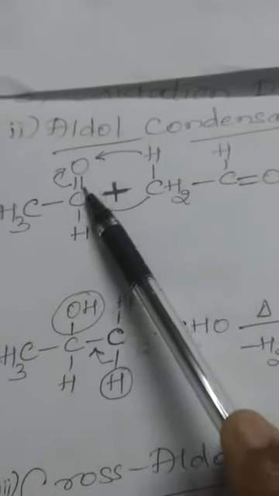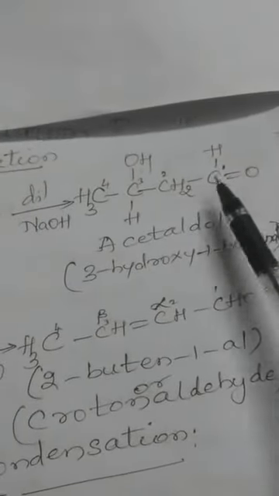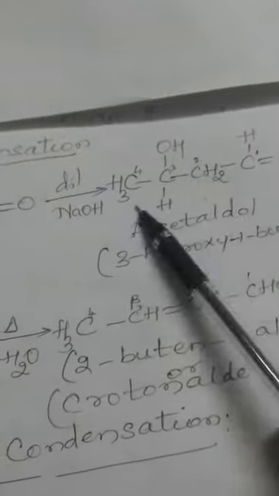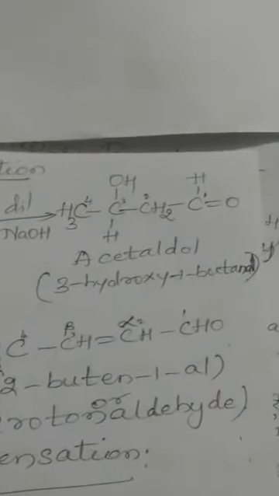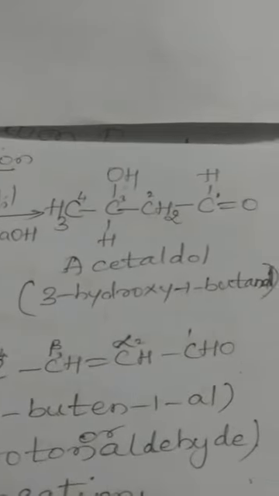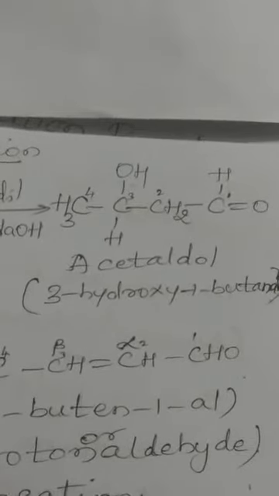So that here you will get C single bond OH, and a single bond is formed between these two carbon atoms. The product will be CH3CHOH with a single bond CH2CHO, which is indicated here. So here it is CH3CHOH CH2CHO. So a beta hydroxyaldehyde is the product. If you look at the product there, in general it is called acetaldol, since it is obtained from self-condensation of 2 molecules of acetaldehyde.